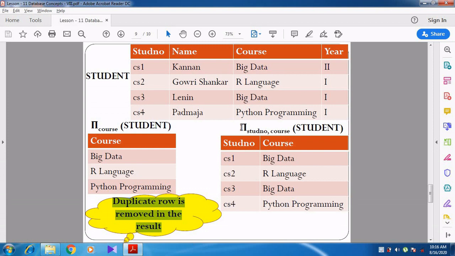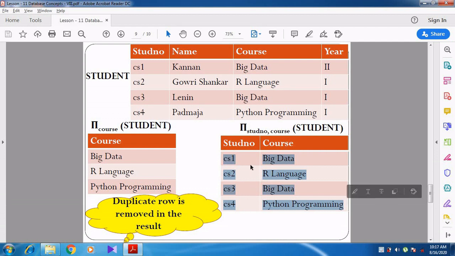But see the next example, project student number comma course of student. In the student relation we are going to display the student number and course, so it shows CS1 big data, CS2 R language, CS3 big data, CS4 Python programming.